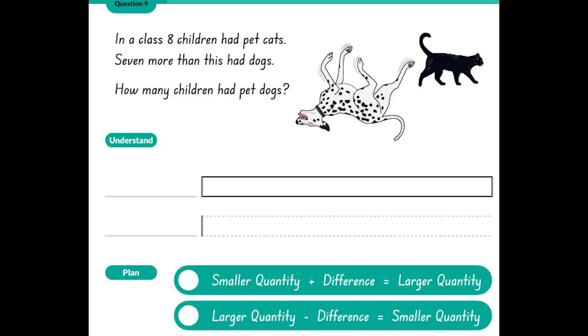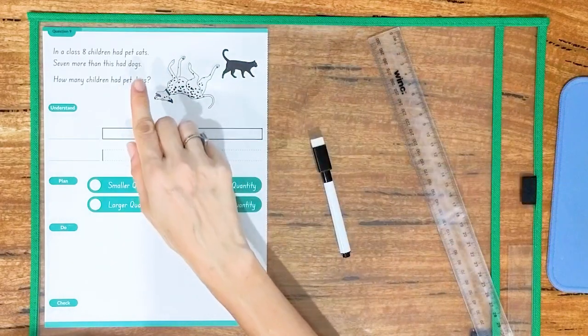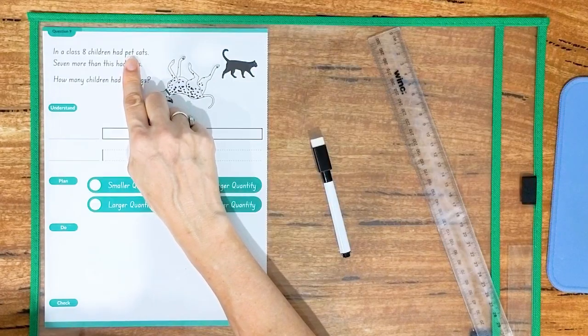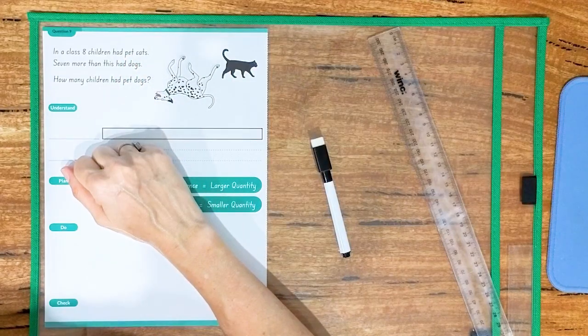Question 9. In a class, 8 children had pet cats. 7 more than this had dogs. How many children had pet dogs? In this question, we are comparing the quantity of children that had pet cats with the quantity of children that